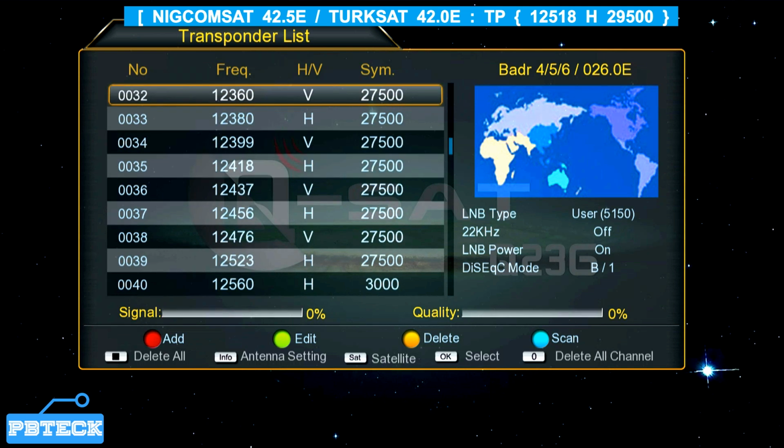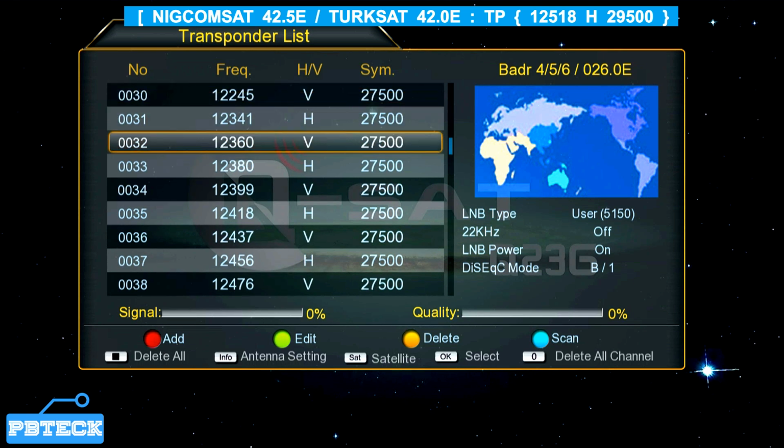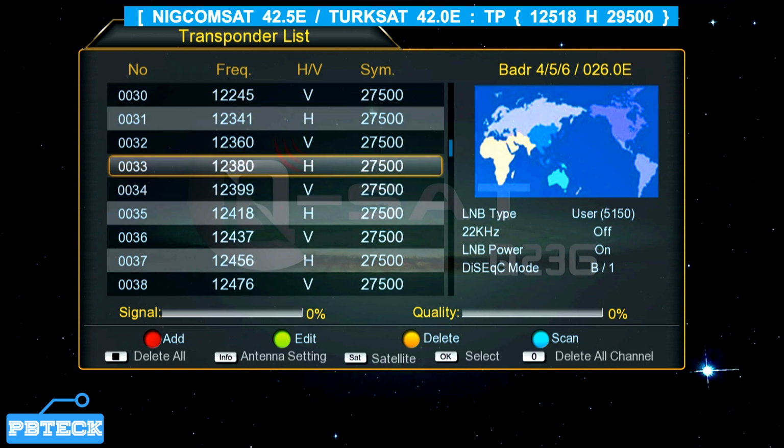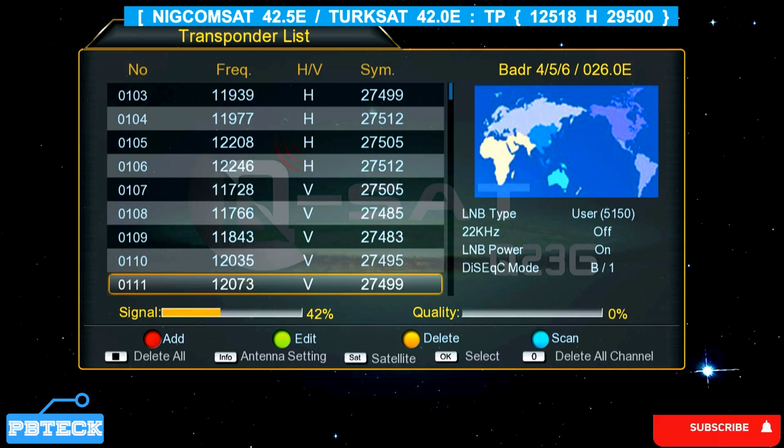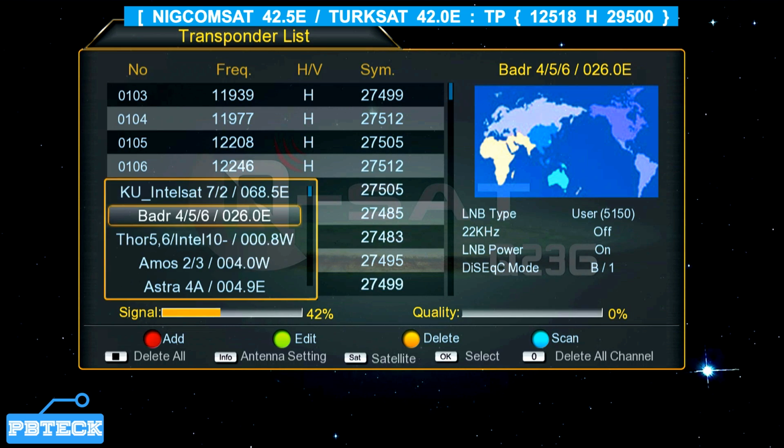in it. So if it happens to be that we are to use this same satellite, all you have to do is to press on the red button on the remote for the add menu to pop up, so that we will be able to add our frequency and signal rate. So here we have to select the TürkSat by pressing on the SAT button on your remote. So you press on the SAT button for the satellite menu to open up, and then you look through the